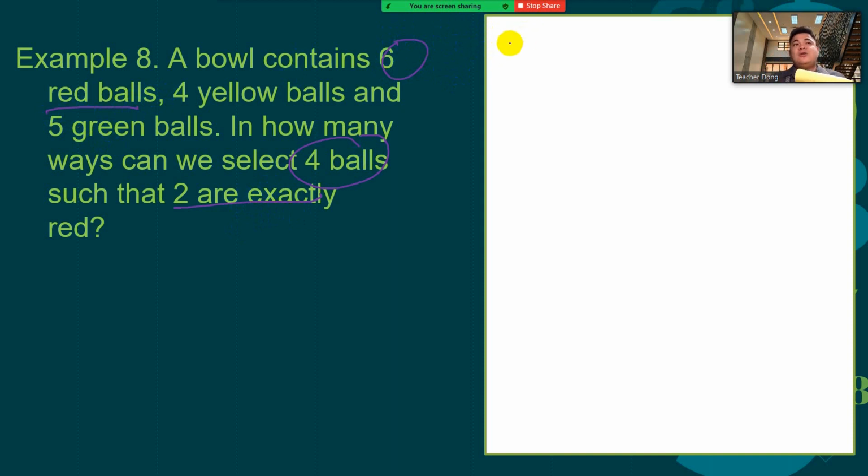Okay? It's now combination of 6 red balls taken 2 at a time, and then for the remaining, just add the 2. 4 plus 5 equals 9 because there's no restriction for the yellow and green, right? So 4 plus 5 is 9. The remaining options are 2. The remaining balls that we have to take are 2. Now, combination of 6 taken 2 times combination of 9 taken 2 will give us an answer of 540 combinations. Then for number 9,